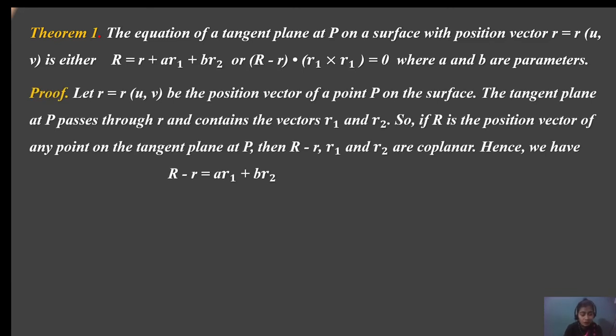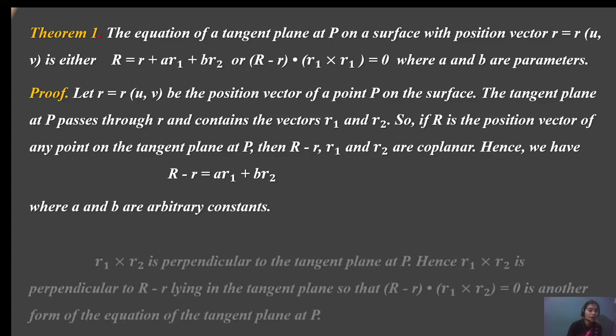Okay, let r equals r(u, v) be the position vector at a point P on the surface. The tangent plane at P passes through the point r and contains the vectors r1 and r2. So if R is the position vector of a point on the tangent plane at P, then R minus r, r1 and r2 are coplanar, not collinear. Hence we have the equation R minus r equals a r1 plus b r2, where a and b are the parameters shown as